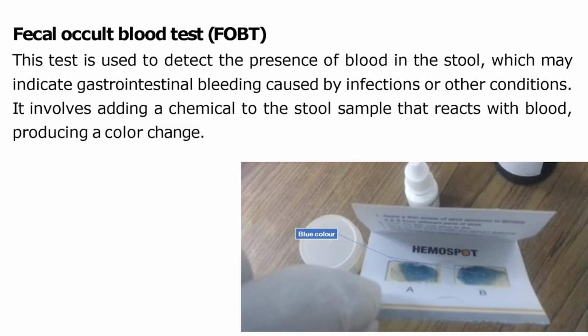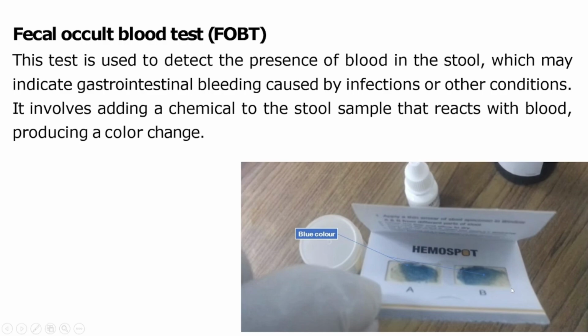The next one is about the fecal occult blood test, FOBT. This test is used to detect the presence of blood in the stool, which may indicate gastrointestinal bleeding caused by infection or other conditions. It involves adding a chemical to the stool sample that reacts with blood and produces a color change. As you can see in this figure,